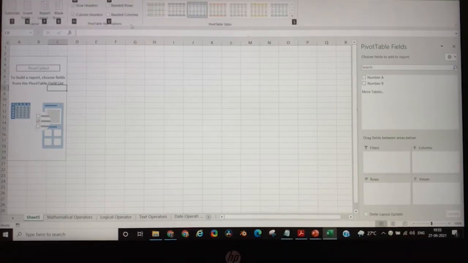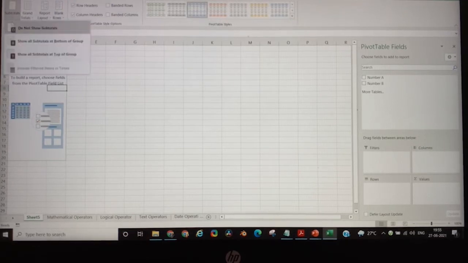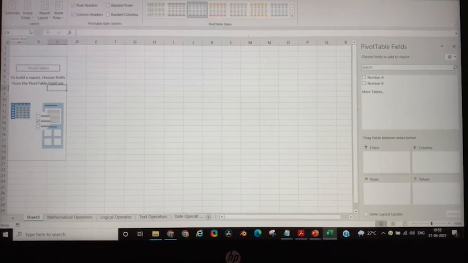Now I'll go into the design. Then if I want to go into subtotals, I'll press T. Then under the subtotals, if I want to choose do not show subtotals, I'll press D. That's how you can operate the pivot. There is no other way, and there are no defined shortcuts for pivot. And as you can see, this is a very long way.